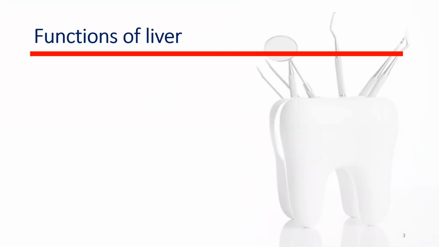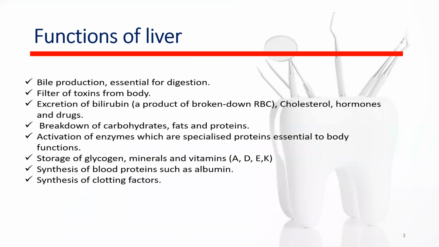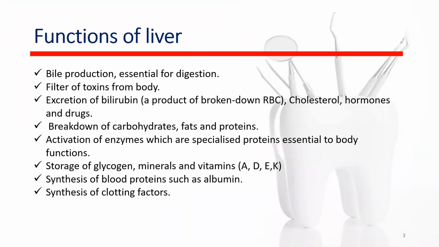Now we will see the functions of the liver. The liver is one of the main organs in our body. It performs several functions that are bile production, which is essential for digestion, filtering of toxins from the body, excretion of bilirubin, which is a product of